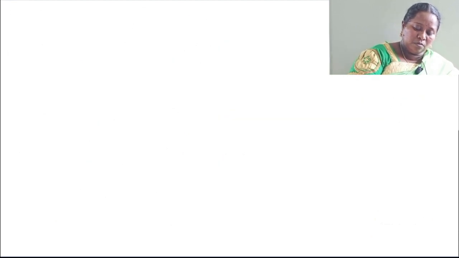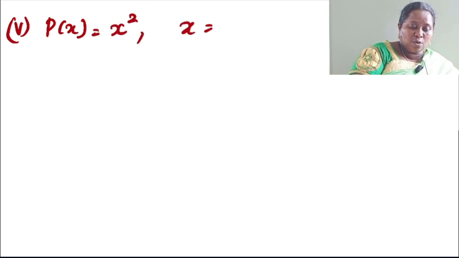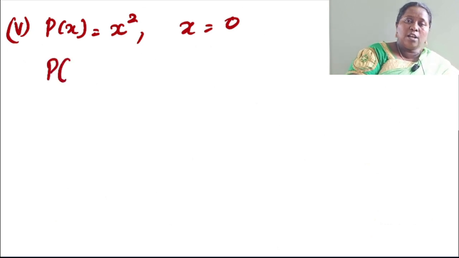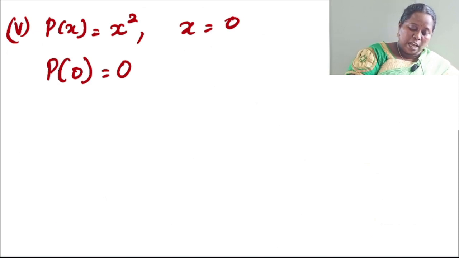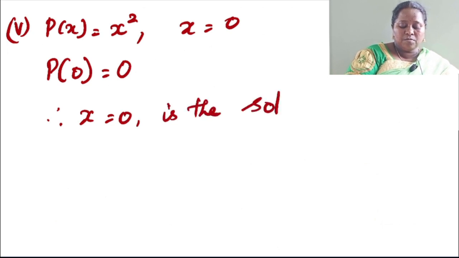Next sum. Let me check the fifth sum. What is the fifth problem? p of x is equal to x squared where x is equal to 0. Substitute the value x as 0. That is p of 0 is equal to 0. Therefore x is equal to 0 is the solution